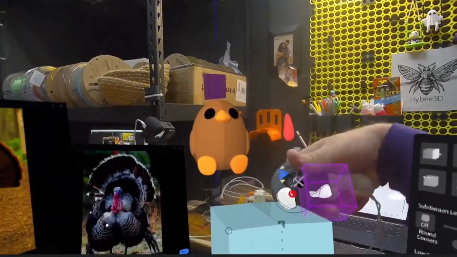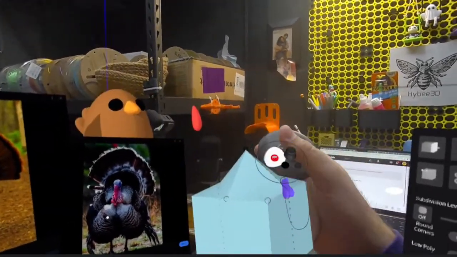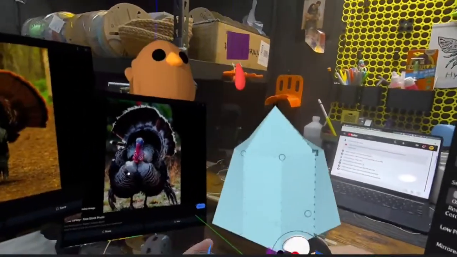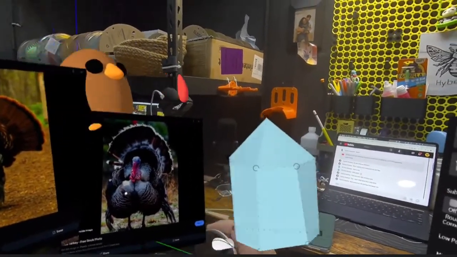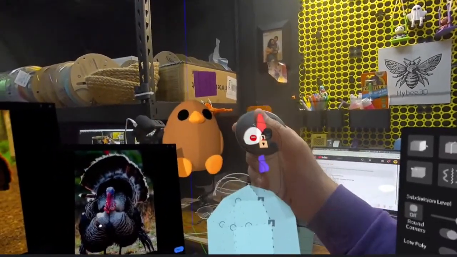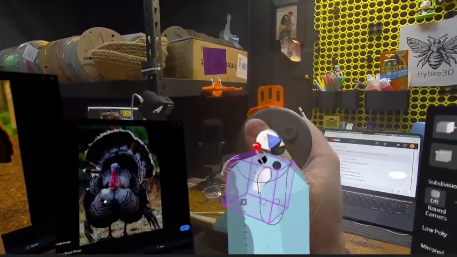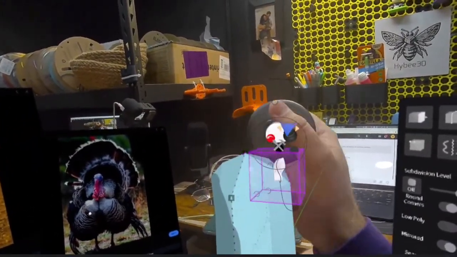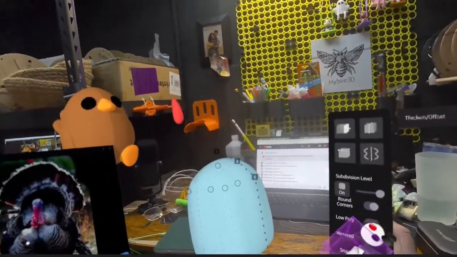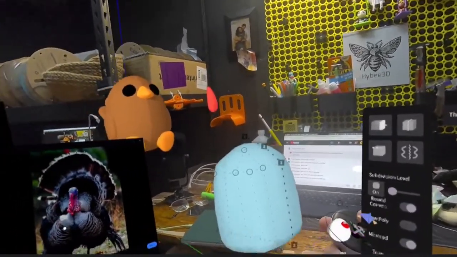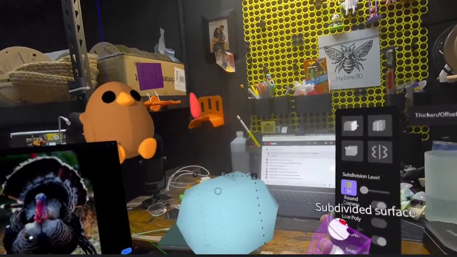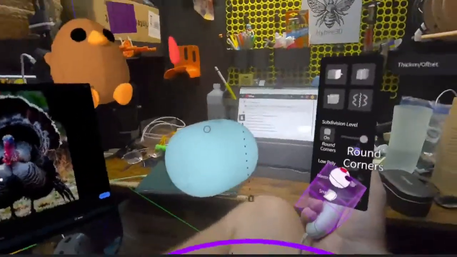So if you decide to get into Gravity Sketch, one of the best things you can do is learn to block things out as close to the result that you want in low poly before you actually go into smooth subdivisions. It'll make a world of difference in the way that the smooth version looks. So what I mean is, I'm trying to get a semi-eggish top here, and when I turn subdivision on, it makes it a lot smoother. So I just try to get as close as I possibly can. I could, in theory, just do that, right? But the shape isn't exactly how I want it to be.